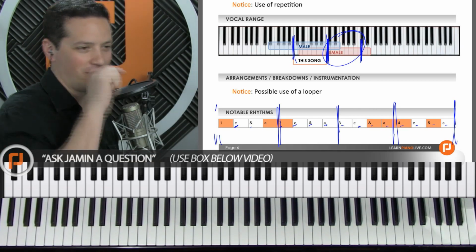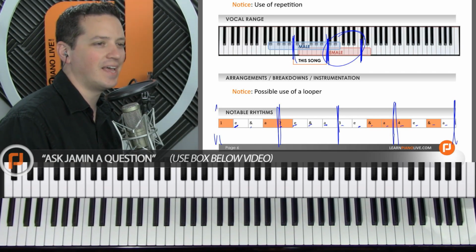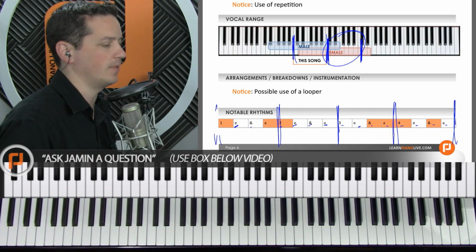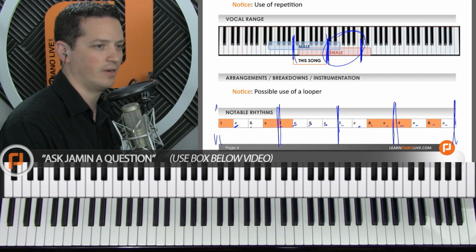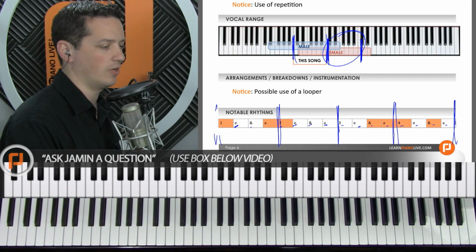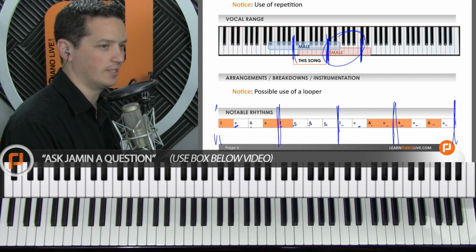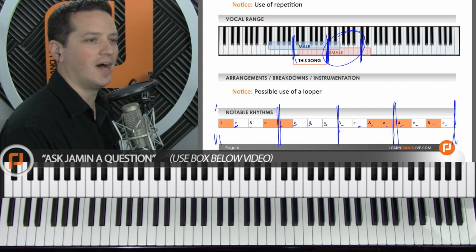Question number 1 from the website. Have you ever seen her live bedroom recording sessions? She definitely uses a looper. I have heard about those where it looks like she's in her living room or something, and she's recording her first takes of this, I assume, before she went out on tour. I've heard about them and I've seen the cover art for them, but I haven't actually watched them. But yeah, apparently she does use a looper. Definitely. It's official, according to one of the students, unless they're wrong, and then she doesn't.